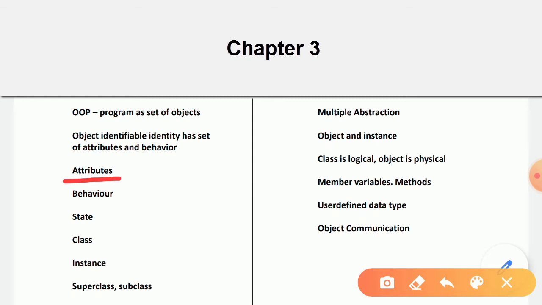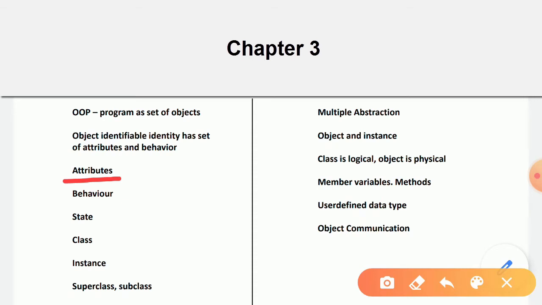And when you assign a value to these attributes, that becomes state. For example, if I say dog 1 is black in color, we have assigned the black value to which attribute? To color, the dog's color attribute.